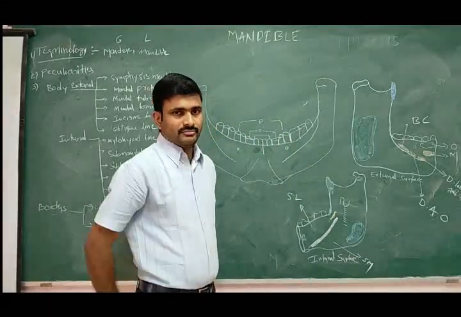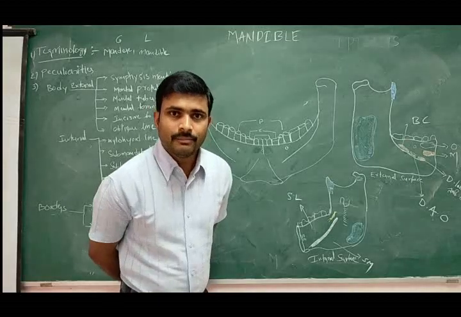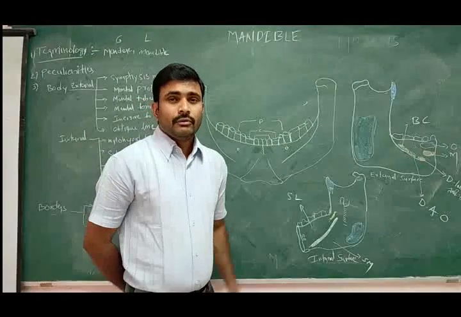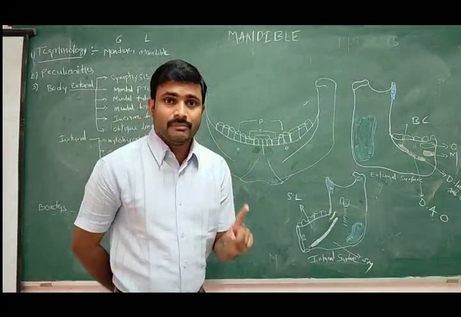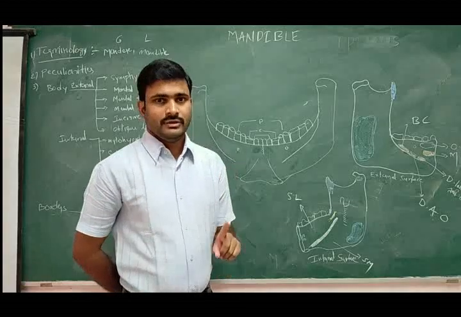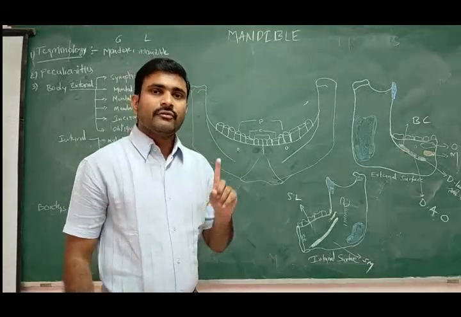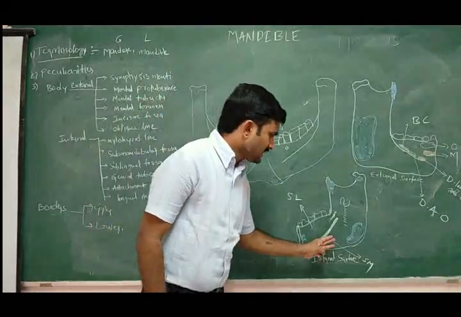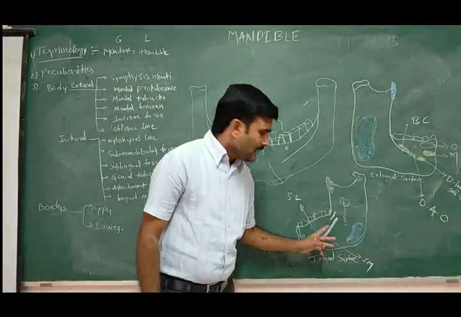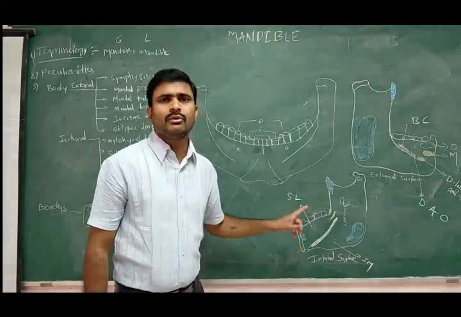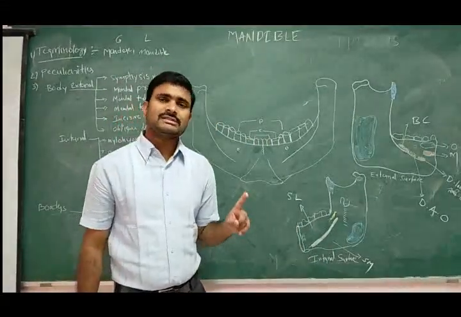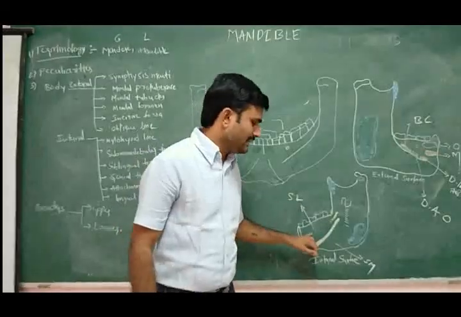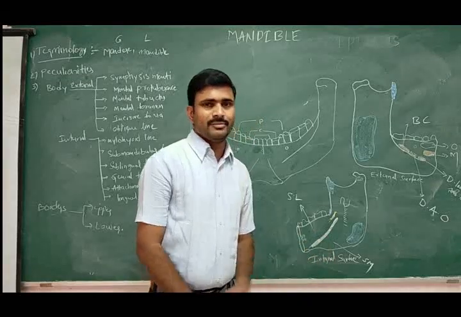So it is a demarcation between the submandibular and the sublingual. In the submandibular area, one lymph node is present, the submandibular lymph node, and one artery. That artery is the facial artery, and the submandibular salivary gland is present. These three structures are present here. And this is the sublingual area. Here only one structure is present, that is called the sublingual salivary gland. So this is about these two areas, the sublingual area and the submandibular area.